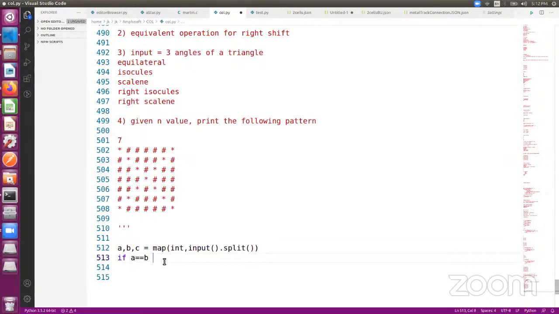A double equal B and B double equal C. Okay, this is to check whether all three angles are the same. And then one more important thing is they should be equal to 60. One more thing that can be done is first, can you tell me how, given the angles of